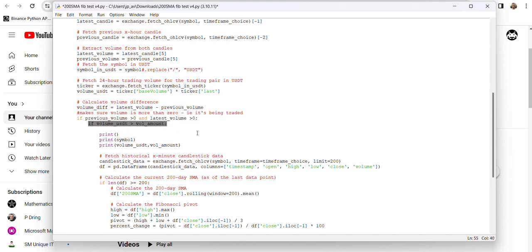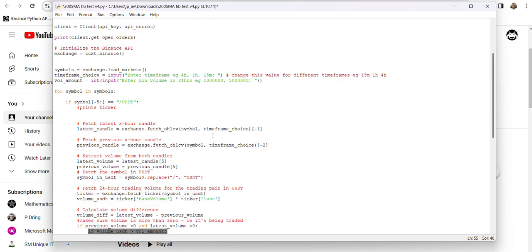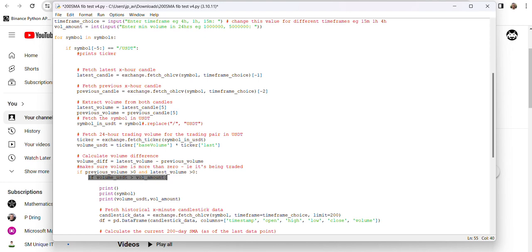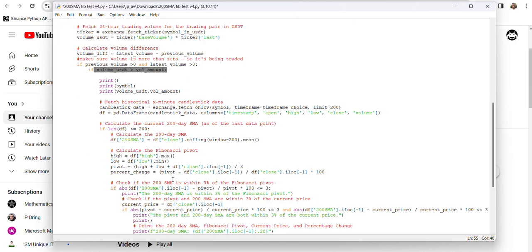Then another conditional asks whether the volume traded is greater than the volume amount you typed in. So if you type in 50 million, is the volume greater than 50 million? If it is, it will go into our program. If not, it will discard it, because we don't want coins trading under 50 million in 24 hours.